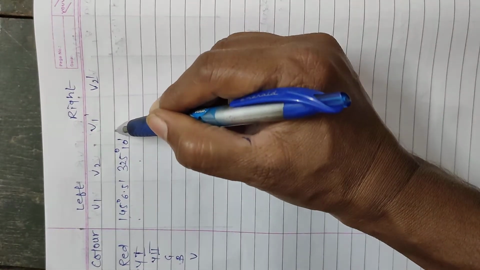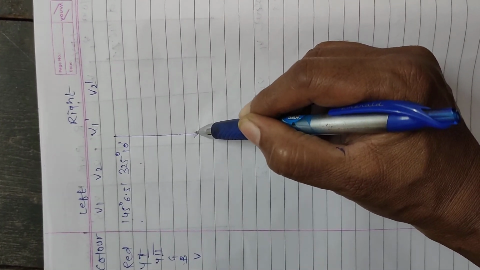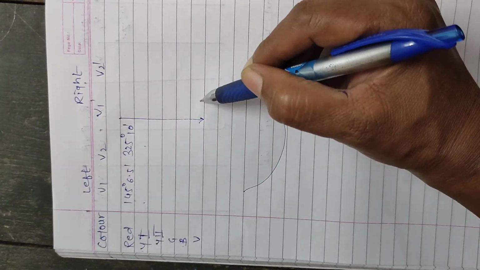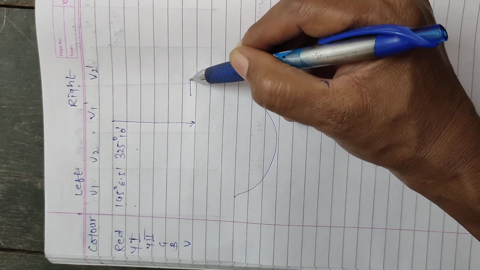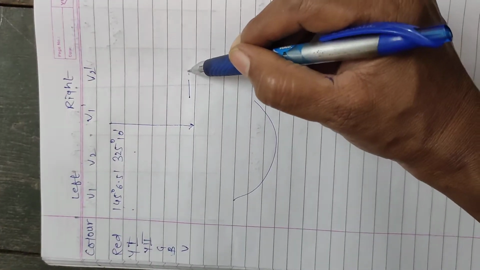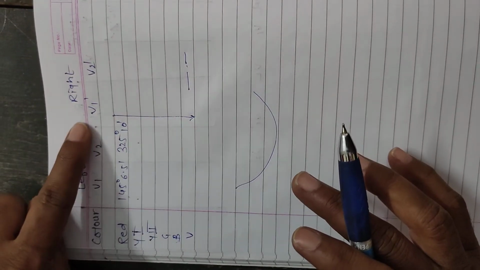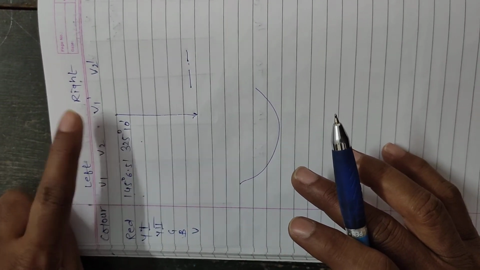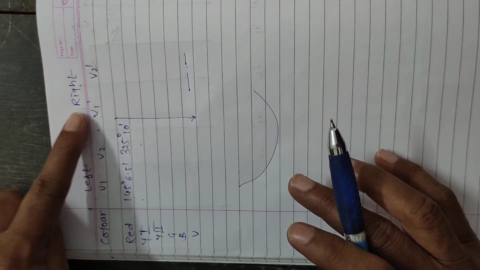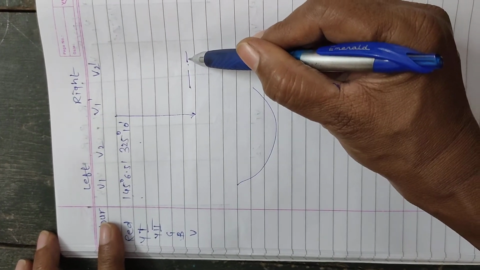So when we come up to the violet color line, that is the extreme left violet color line, we are crossing central maxima and entering into the right hand side this way, and in the right hand side we deal with violet color first. We overlap our vertical cross wire on the violet color line and record the readings through the two windows again simultaneously. Now in this situation, the V1 window we will treat as V1 dash and V2 we will treat as V2 dash. So left side is V1, and V1 dash is for the right hand side of central maxima, and then the reading is recorded here.